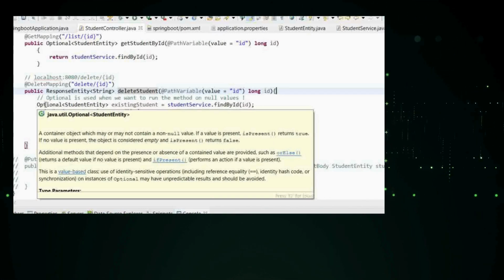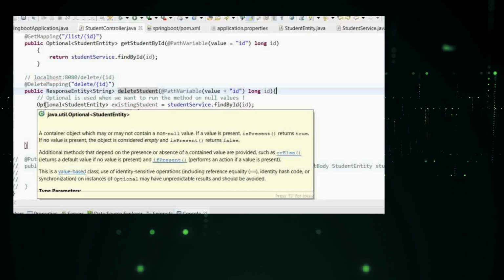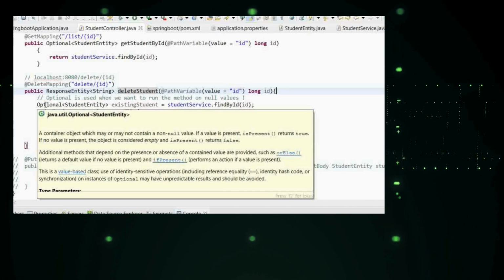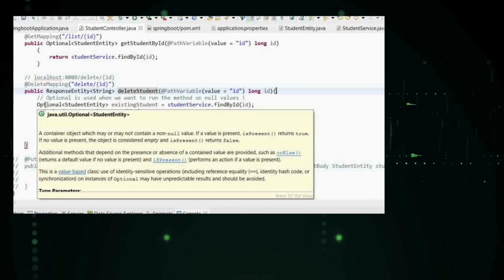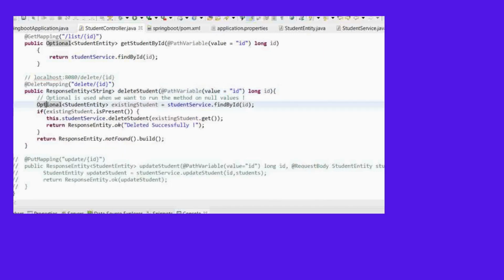In our Optional class, this is a Java util class, a container object which may or may not contain a non-null value. If a value is present, isPresent returns true. If no value is present, the object is considered empty, and isPresent returns false. So using this class, which gives